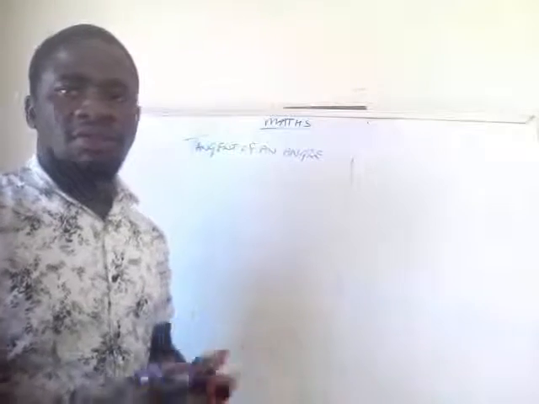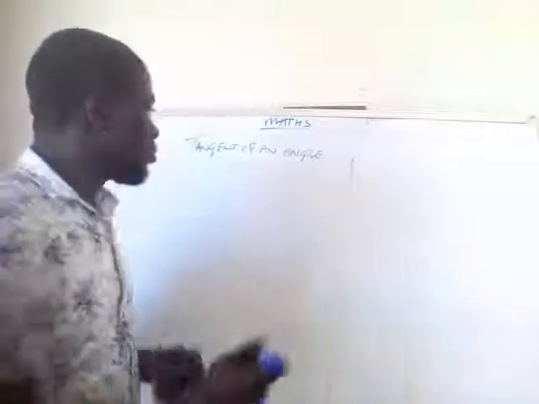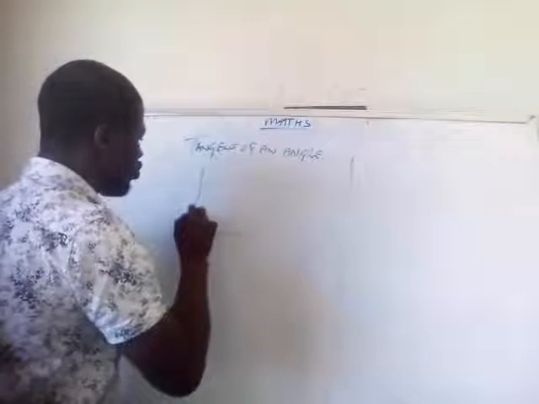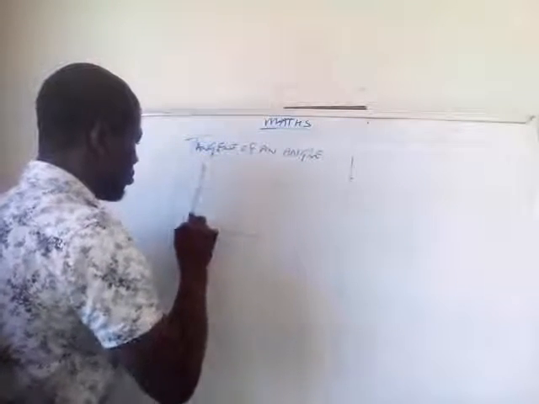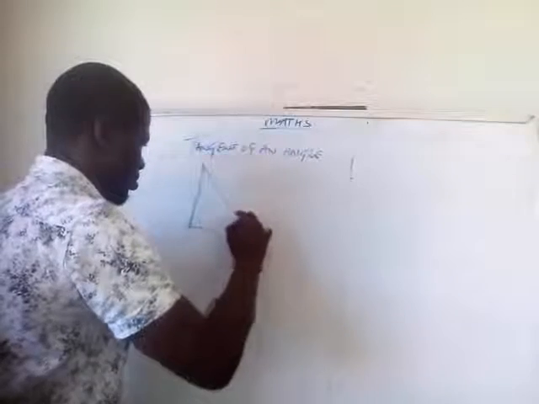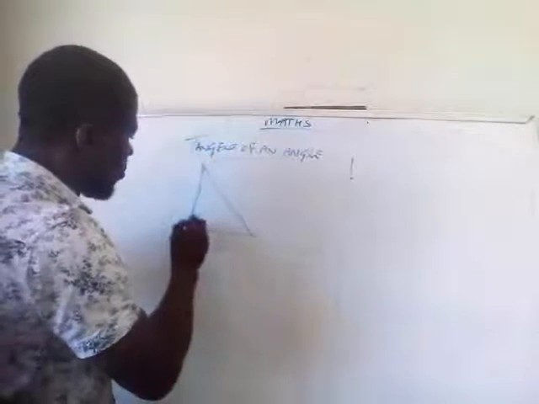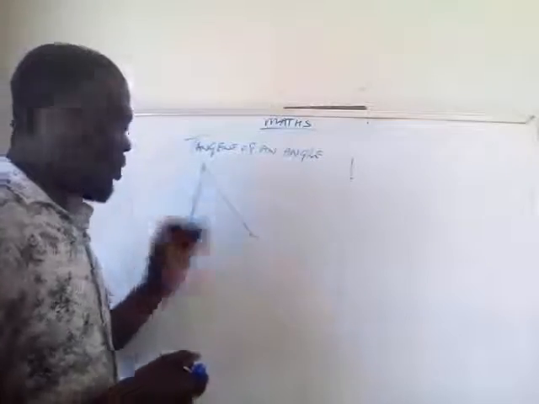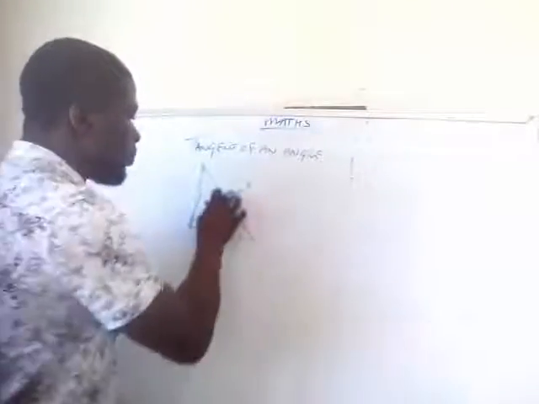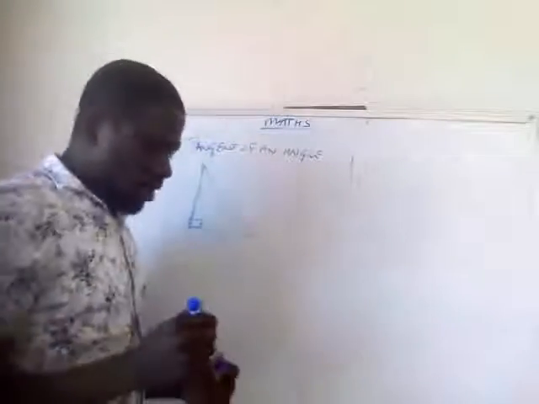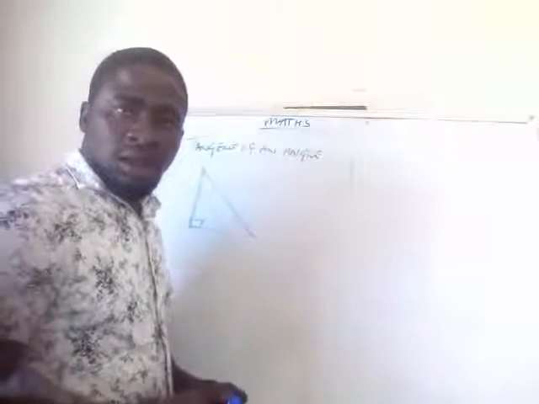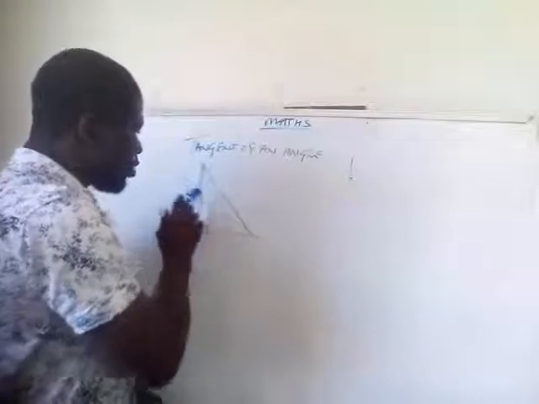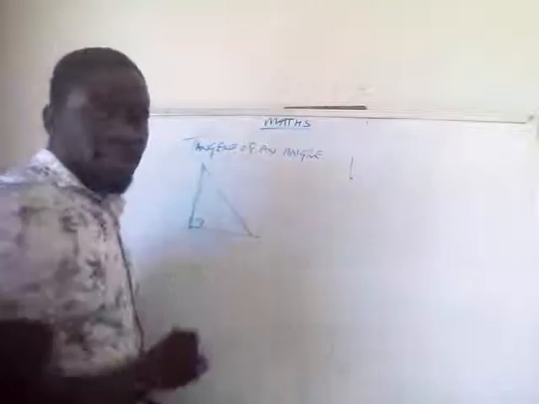Once you have a right angle triangle, a triangle of this shape, you have 90 degrees here. In this case, this is the hypotenuse. Hypotenuse is the longest side in a right angle triangle, and these sides are called either the adjacent or the